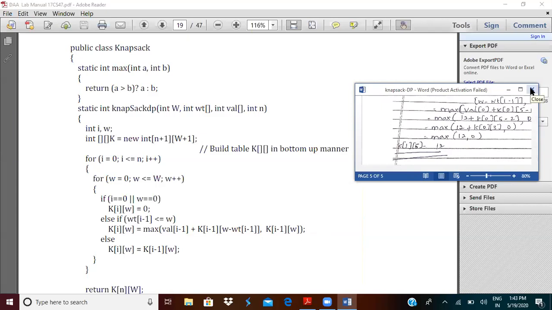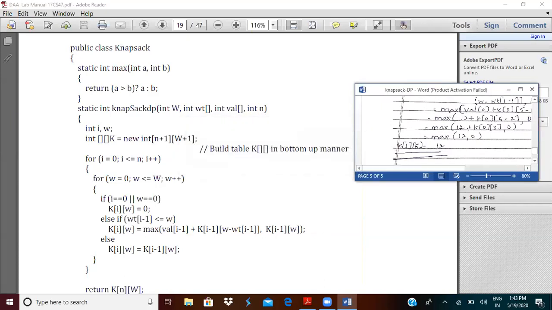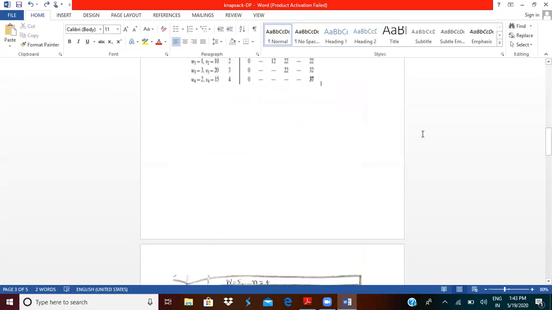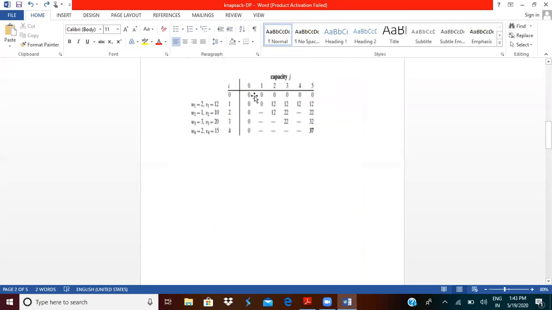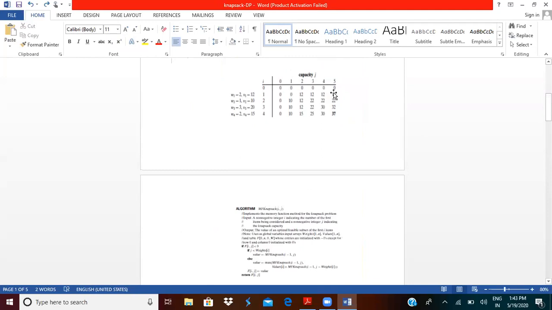So once we compute the value, next, like this, in this lecture I have shown you how to compute the first row and second row values. Similarly, on similar lines, you can compute the values of other rows and other columns. These values can also be computed in the same manner. And ultimately, we get this optimal solution. That is, 37 is the optimal solution.